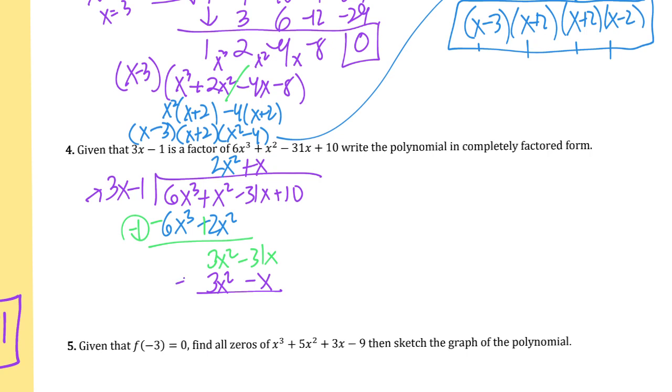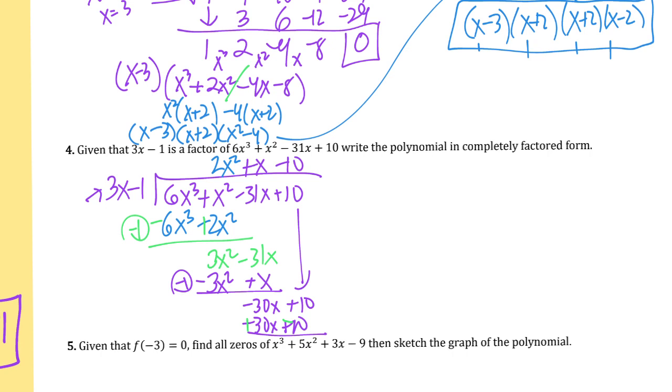Distribute a negative 1 to both of them. It changes both signs, you get negative 30x and then bring down the plus 10. And if you multiply this by negative 10 here, it will become negative 30x and then plus 10. Distribute a negative, it'll change both signs. And indeed, there's no remainder, which is exactly what, if it's going to be a factor, there can't be a